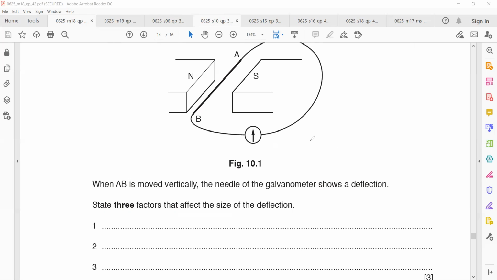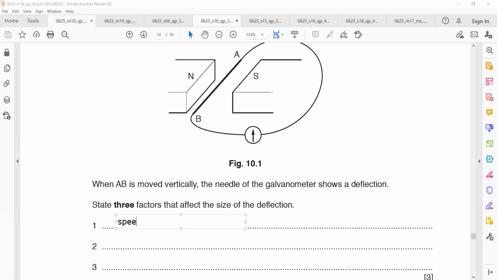Yeah, the speed, basically the force, the speed at which we are moving the wire. If the force is greater, so the greater acceleration. The size of AB as well, like the length of AB, the length of a wire in a magnetic field, and the strength of the magnetic field. So speed,